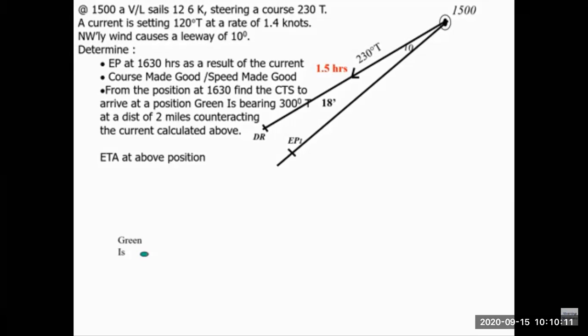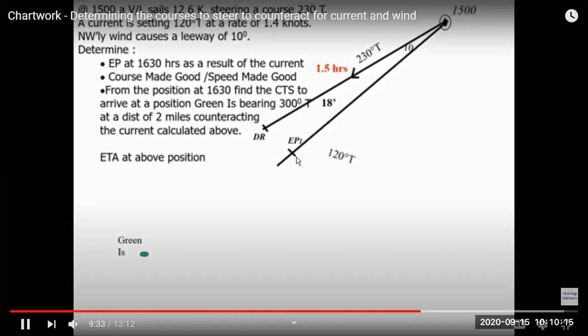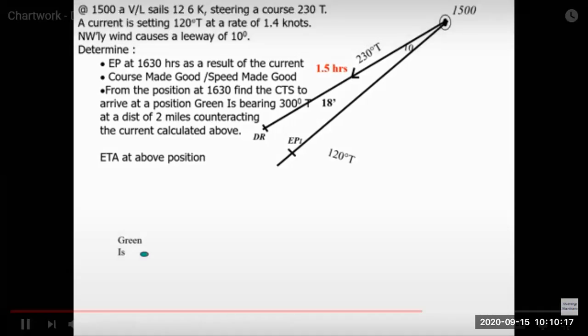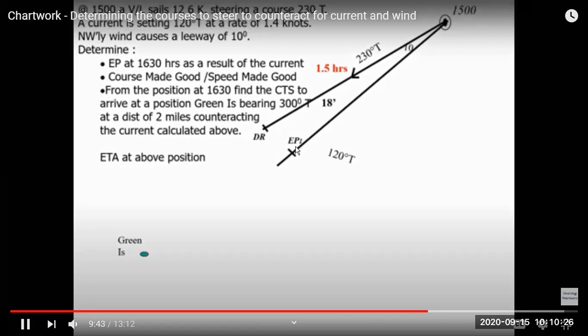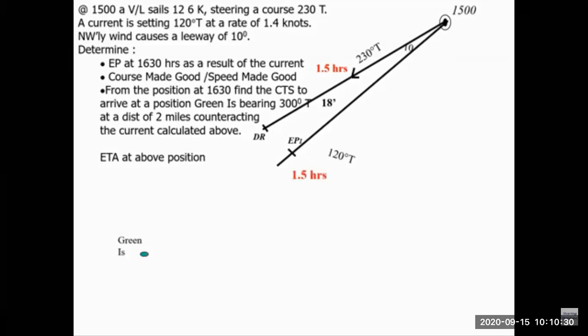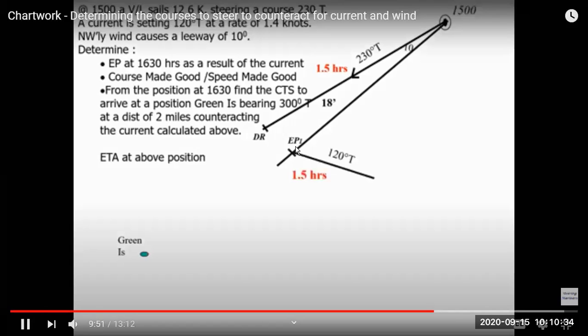Now we have to apply the current, or allow for the current. So current is setting 120 at 1.4 knots for 1 hour. So for 1.5 hours, it will be 2.1 miles. So in 1.5 hours, the current is taking the ship 2.1 miles, 120 degrees, with 3 arrows.